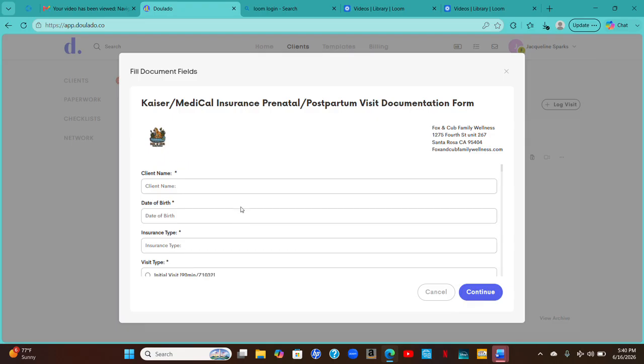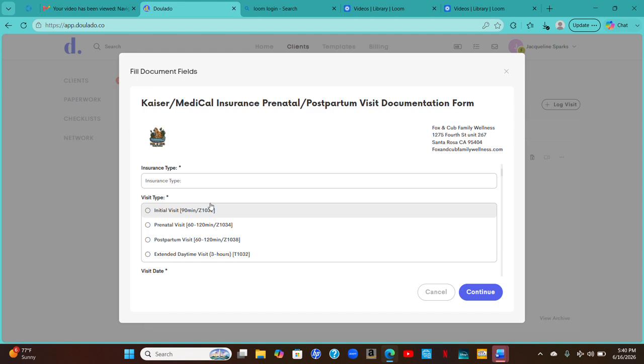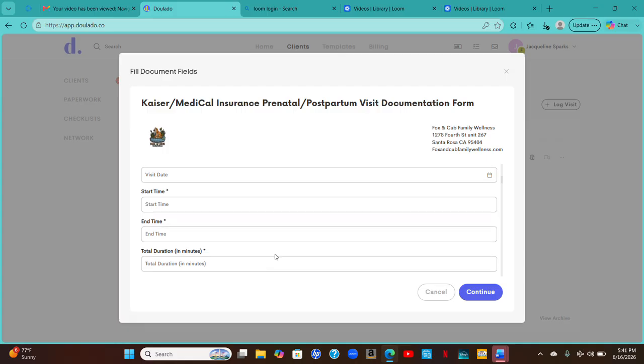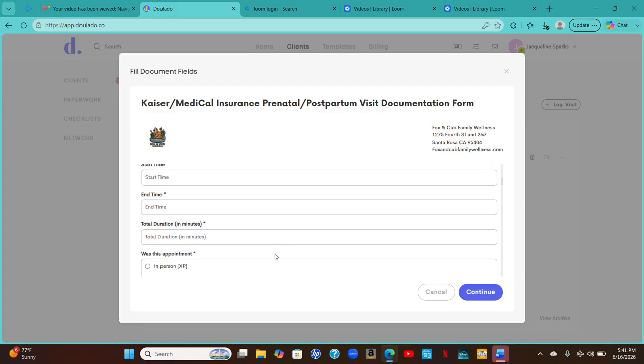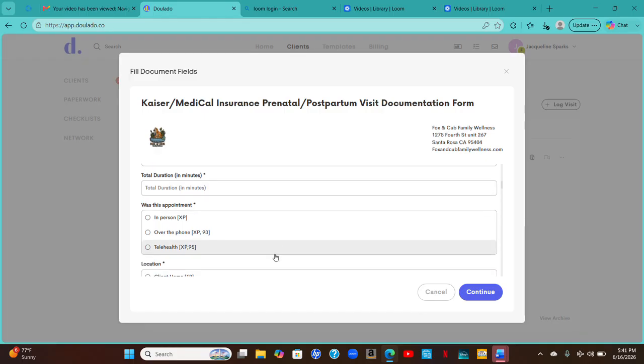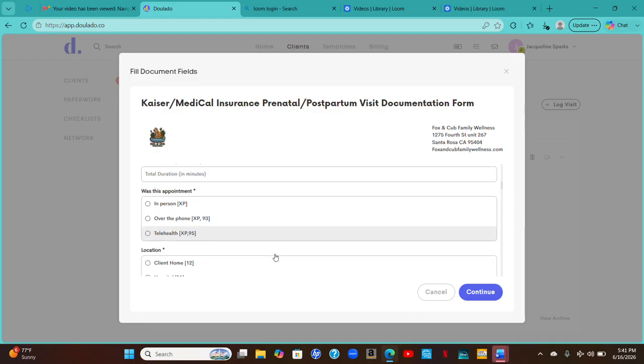So the client's name, date of birth, insurance type. It's going to be important you put where the visit was because the medical billing takes these CPT codes, and this is how they bill for these appointments. The visit date, start time, end time. It should match what you already put in the previous page. And the duration of this visit, this is the initial, so it'd be a 90-minute visit. Was this appointment in person, over the phone, telehealth,